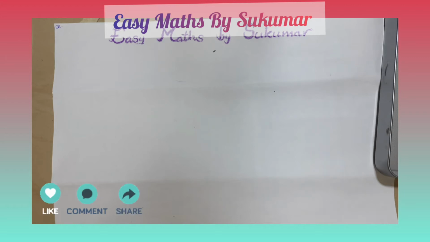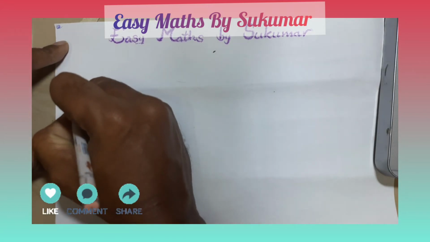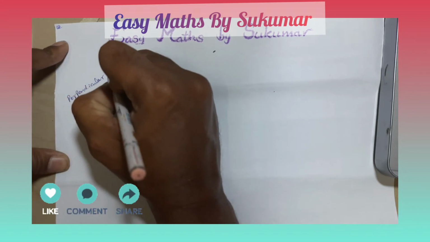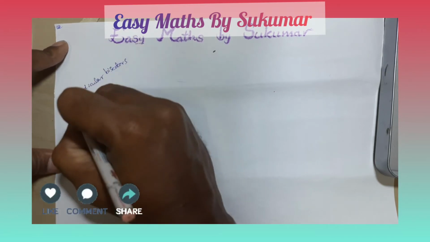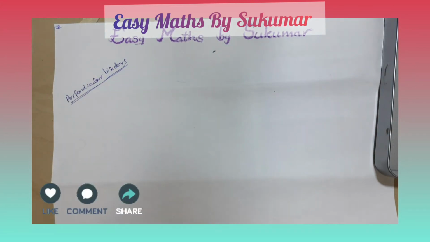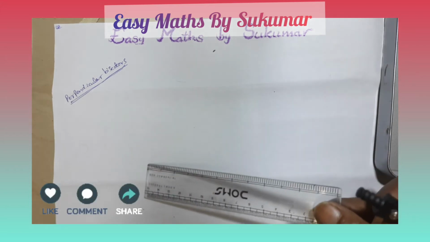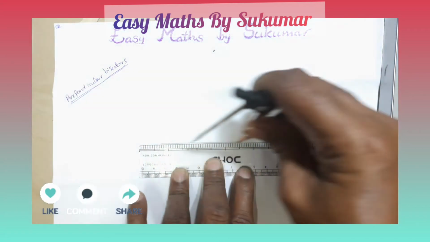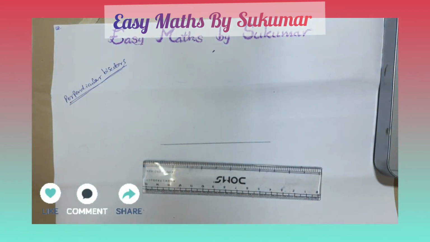Okay, my dear students. Now we are going to learn about perpendicular bisectors. These are very important to construct the circumcircle, and also, my dear students, these perpendicular bisectors help us to construct similar triangles in 10th class also. Okay, see, my dear students, first just draw a line segment. This is some AB.